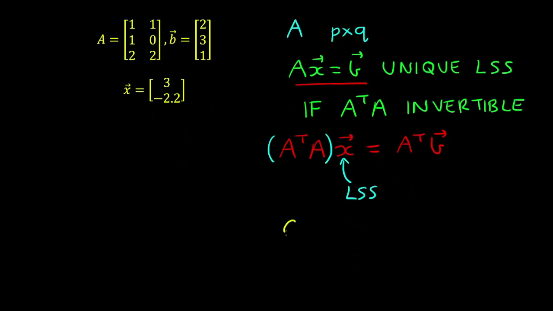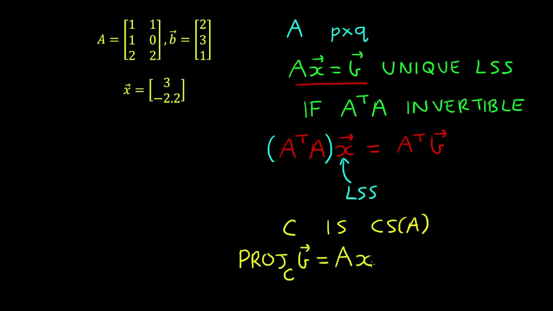And also, if C is the column space of A, the projection of B onto the column space is obtained by multiplying the least squares solution by the matrix A. So recall that this was the approximation to the vector B. So therefore, if we solve this equation for X and then multiply by A, as we've done previously, we obtain